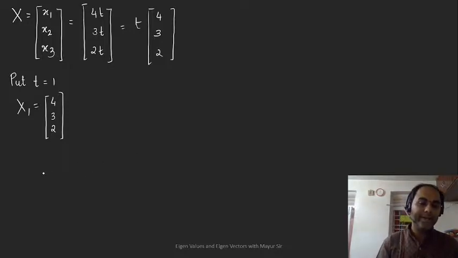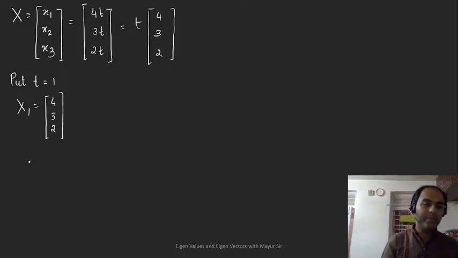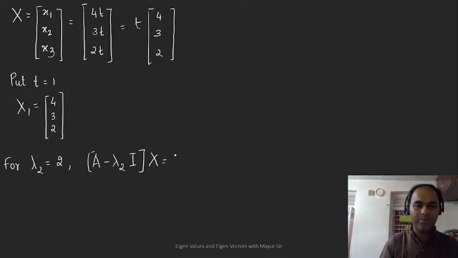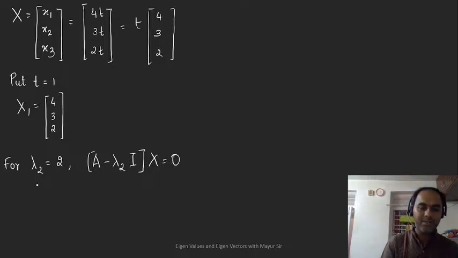Now we go for finding eigenvector for lambda 2 equal to 2. Okay, so for lambda 2 equal to 2, what we need to do is (A minus lambda 2 I) x equals to 0. We do this. Now can you write down the matrix on your own? What you need to do, from the matrix which was given to you, you have to subtract 2. So on subtraction, let us see how to write down. It will give you